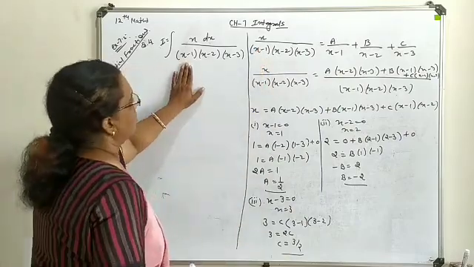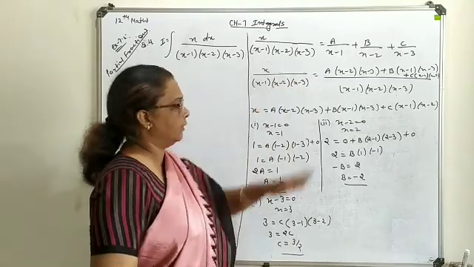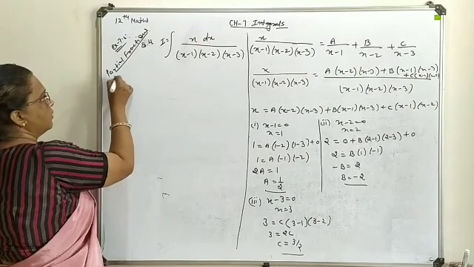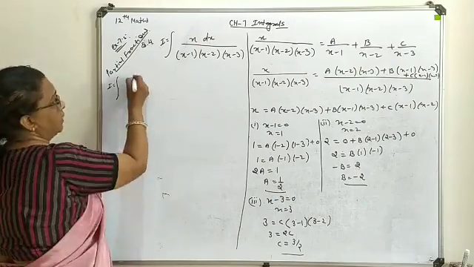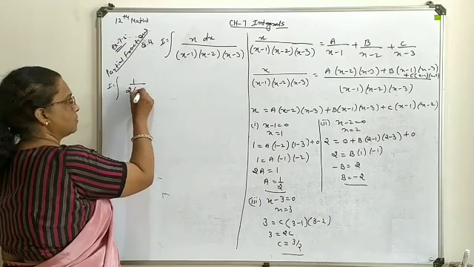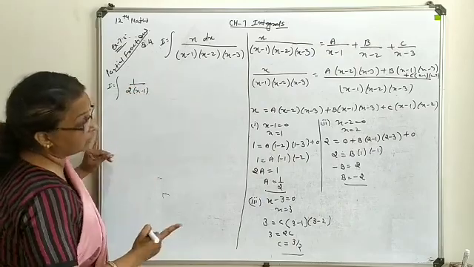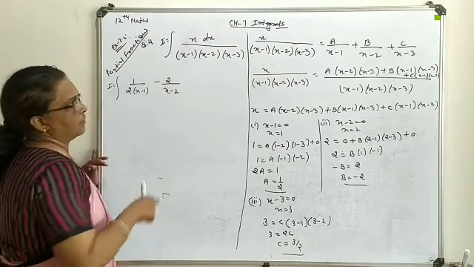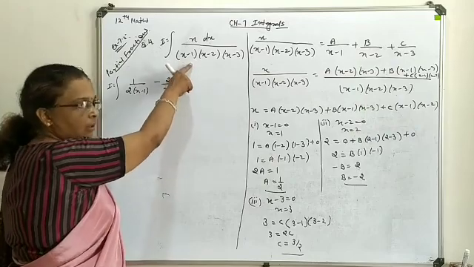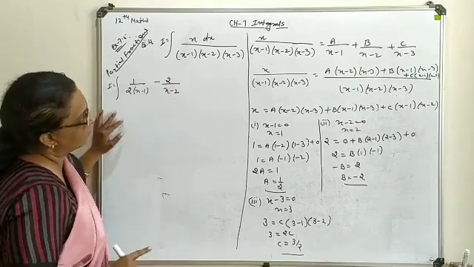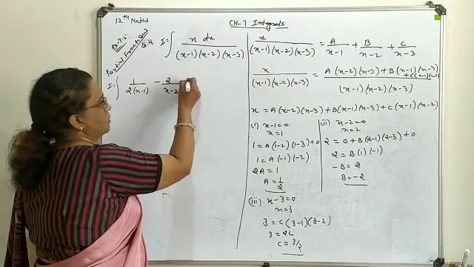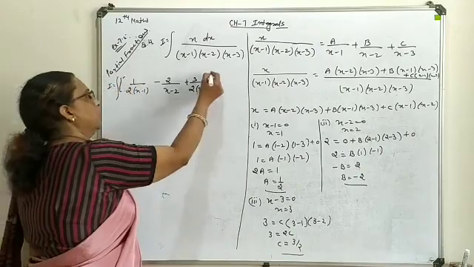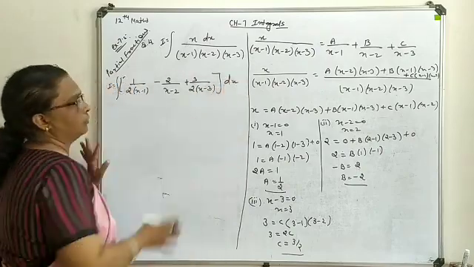Now you come to the question form and keep the constant values at the respective positions. So your integral I is equal to A, which is 1 by 2, so this will be 1 by 2(x minus 1), whereas B we have evaluated as minus 2, so this is minus 2 upon x minus 2. Now C is plus 3 by 2, so this becomes 3 by 2(x minus 3). Now all are available for integration, so move towards the integration now.